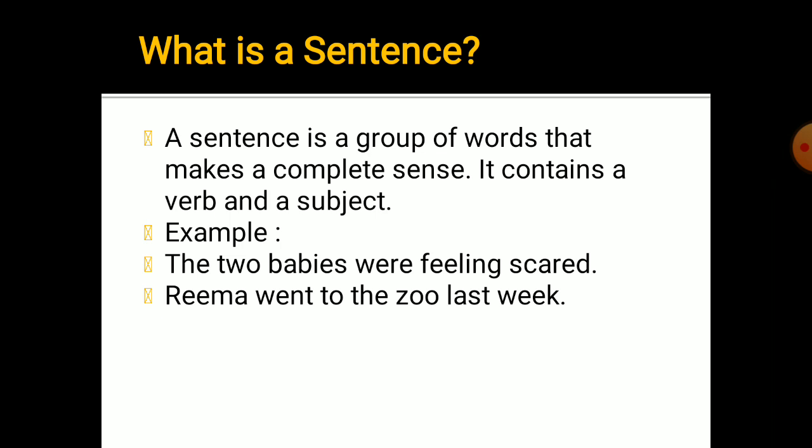Let's take one example. If we say "two babies feeling were scared," then this group of words does not make any sense. So we cannot say that this is a sentence. But when we say "the two babies were feeling scared," then it makes a complete sense. And now, yes, it is the perfect sentence. Let's take one more example. Rima went to the zoo last week. This is a complete